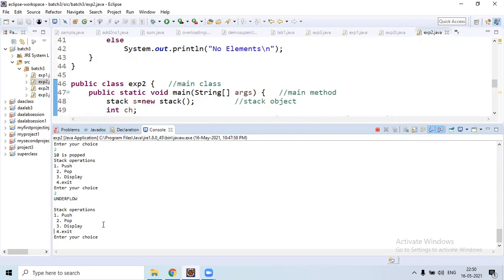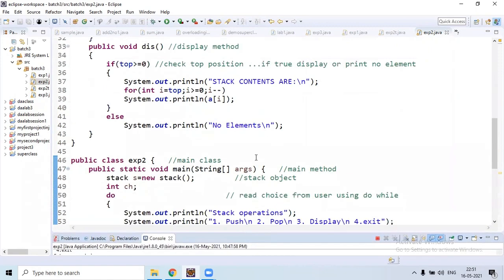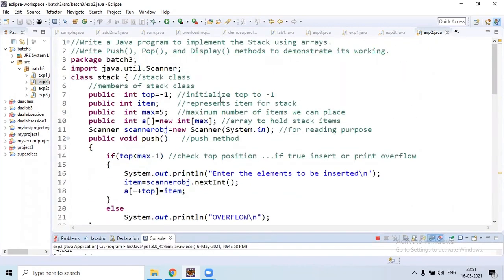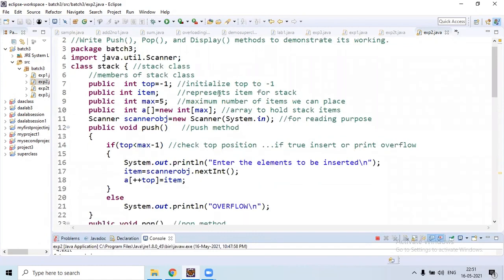Next, the fourth option, exit. Here we performed all operations: push, pop, and display. So these are the operations related to stack. This is the Java program to demonstrate push, pop,